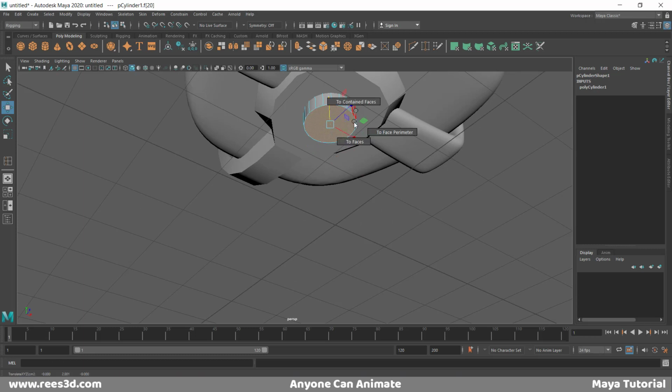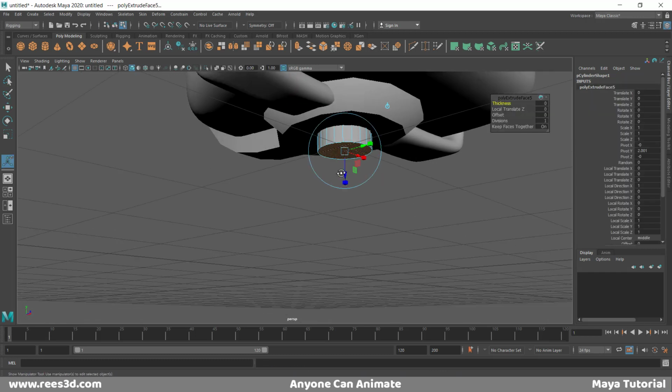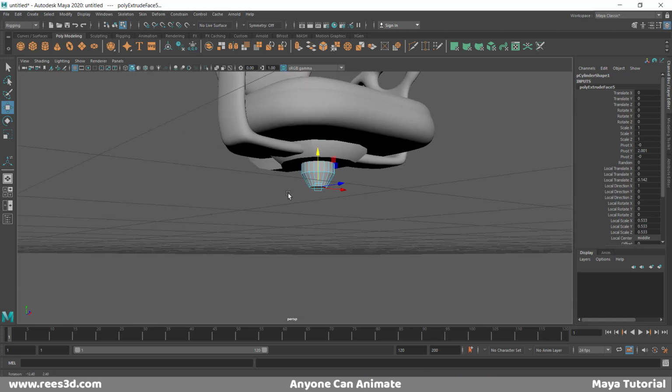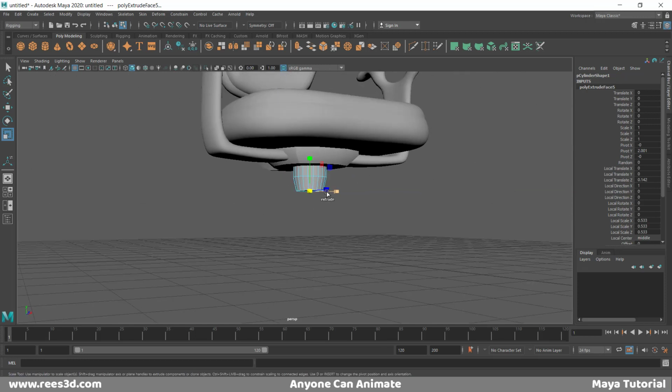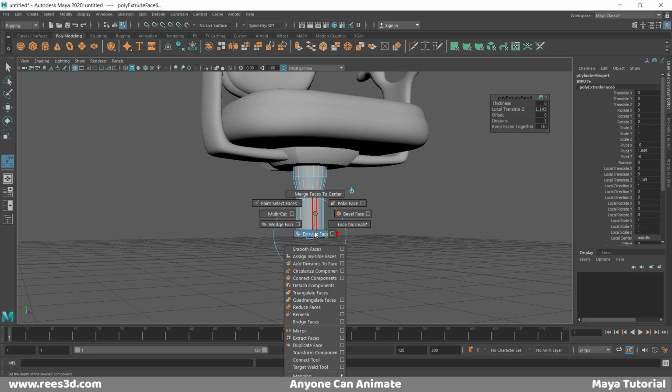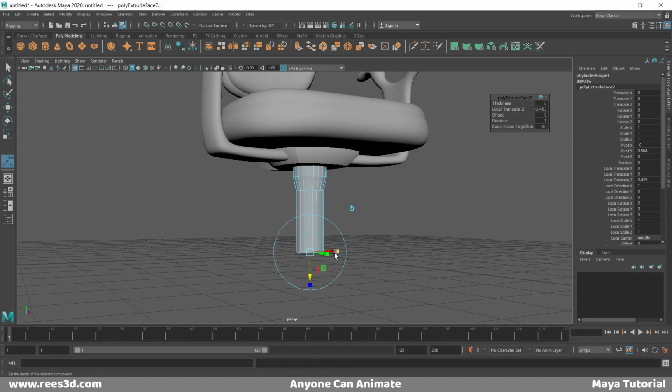So let's say extrude, shift right click and choose extrude face, pull it down, and we can get the basic shape from here, so then we can create further tweaks. I'll just make it like so, extrude one more time, pull it down, extrude, pull it down, and make it smaller,